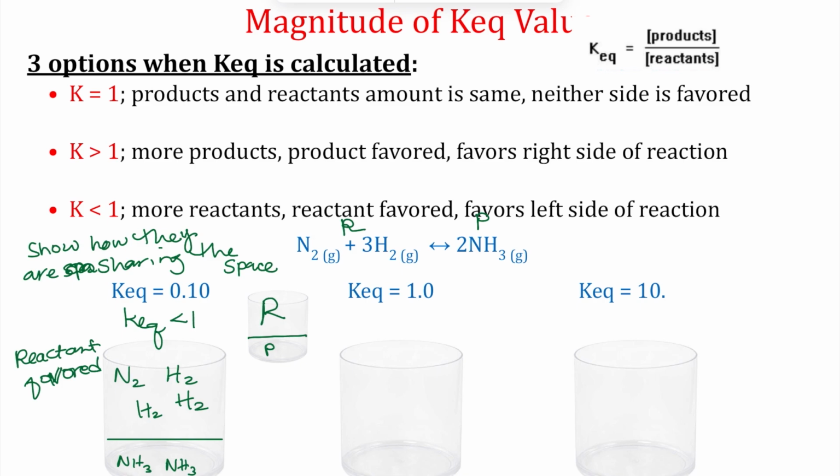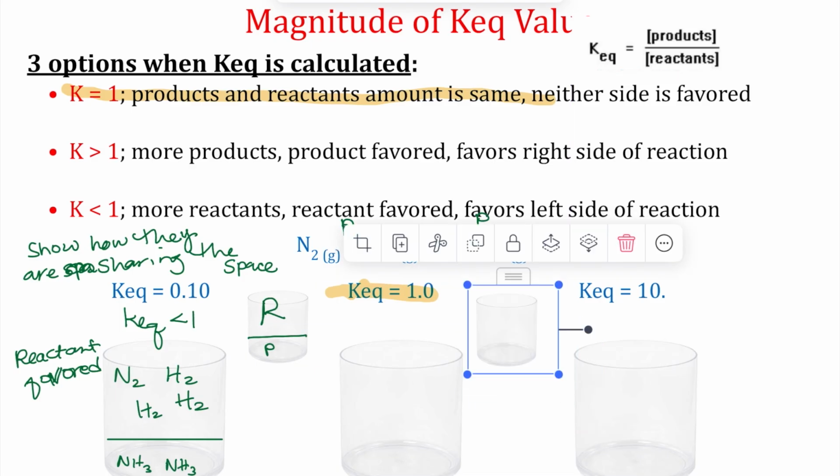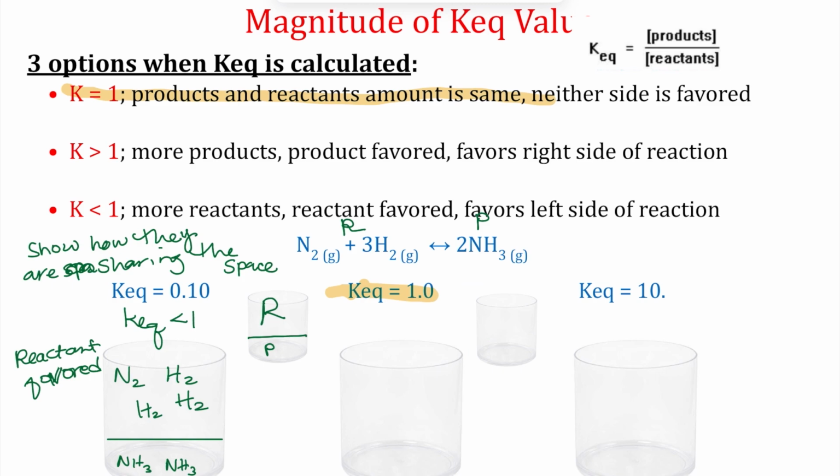Keq equals 1.0. Well, that 1.0 now means that whatever is in the numerator and denominator of our Keq expression, products to reactants, that's a ratio of 1. So the amounts are the same. Neither side is favored. We're going to see both products and reactants represented the same. And if we look at that, I can model that two ways. I could show that as, and again, I can write out, and I'm going to split this in half,